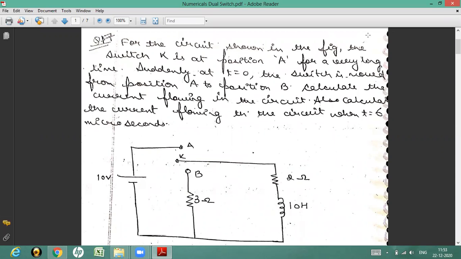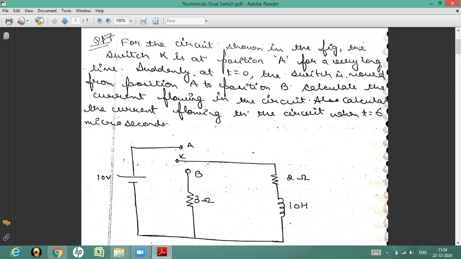Now we will discuss the numericals of transient analysis, and these numericals are based upon the dual switch. The dual switch means at t equal to 0, the switch is at position A or B, and suddenly at t equal to 0, the switch is moved from one position to another position, and you have to calculate the value of the current when you move the switch from one point to the other. So if you see this type of numerical on your screen,